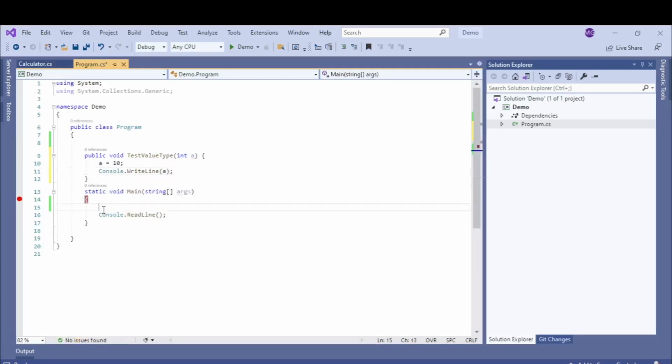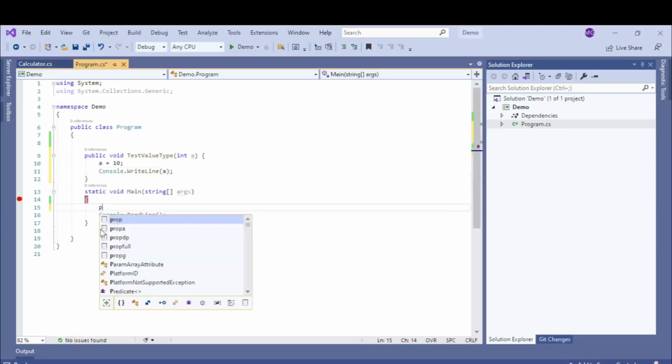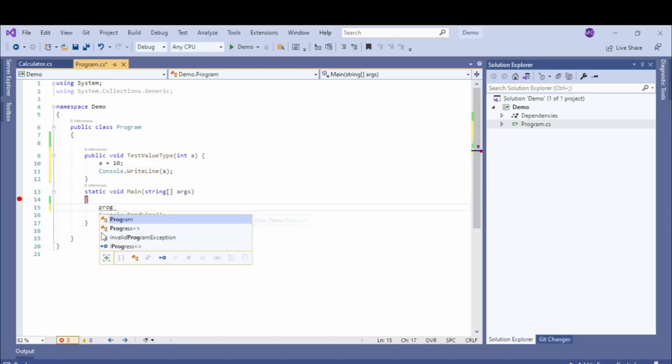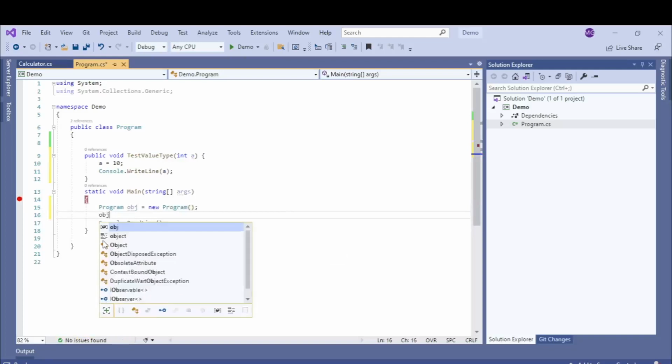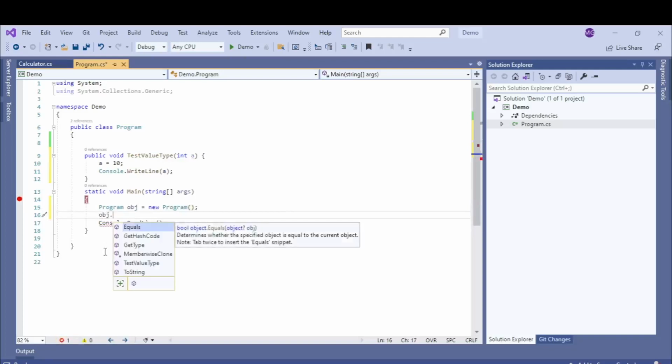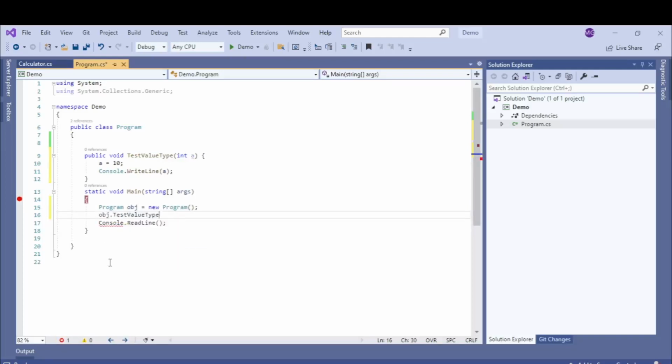Now I will be calling this method from the main method of the program. I need to create an object of the class Program: obj is equal to new Program. Now I will be calling this TestValueType.